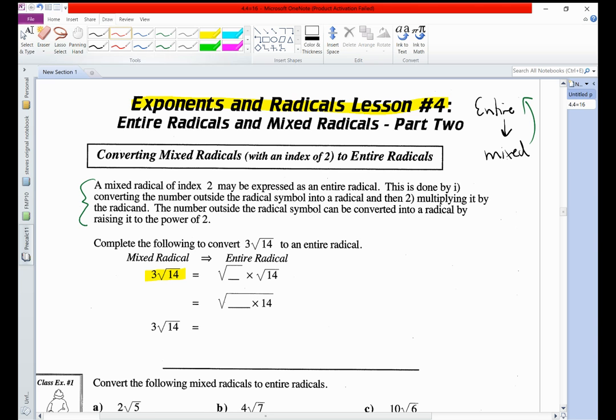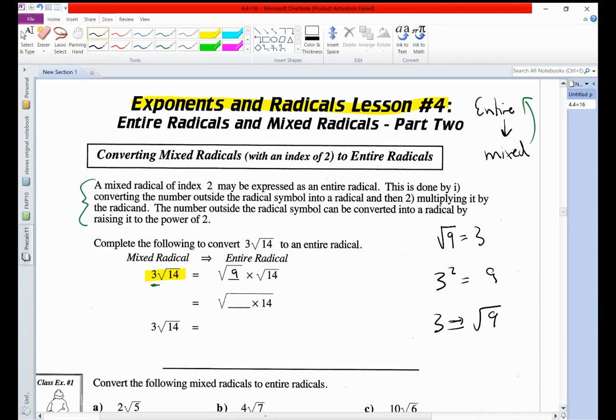So the trick with this is trying to convert that 3 into an expression. Maybe I should use green. There we go. Convert that 3 into an expression that has a square root. So we know that the square root of 9 is equal to 3. And if you want to think about it the other way, you can say, well, it's a square root, so I need to convert that 3 into a square root. So I can square 3, which is my value, to get 9. And that'll tell you that you can convert that 3 into a root 9